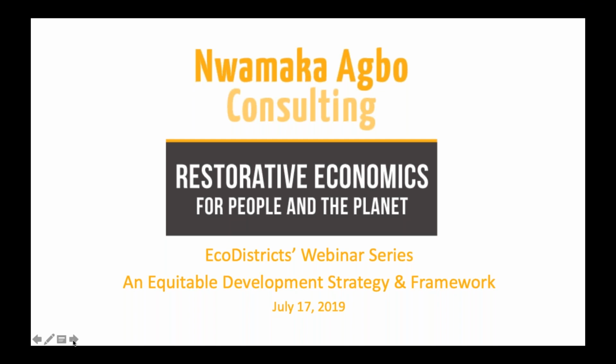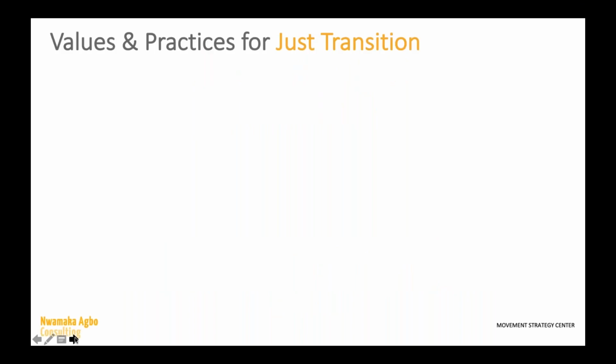And so to start us off, one of the things I really wanted to lift up is providing some framing context about where we're currently at. We are currently engaged in a dominant economic model that's rooted in the extraction of natural resources, the exploitation of people's labor, the consolidation of control and power, along with the accumulation of wealth within a fewer wealthier minority of people, and then policies that are really focused on excluding particular individuals from being able to participate in a lot of the benefits that our economy has to offer.